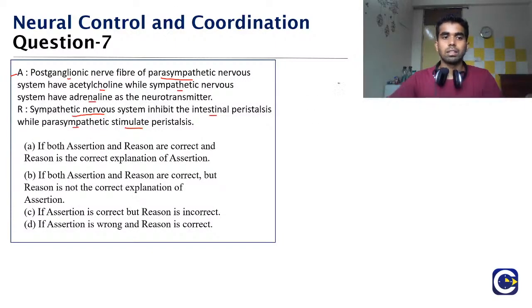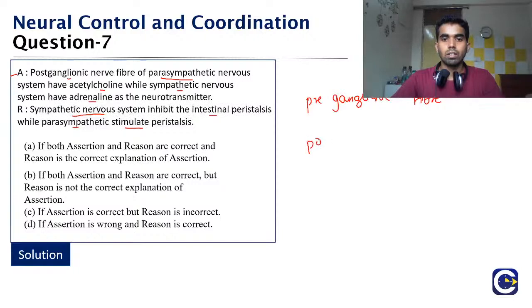So let us see. See, you need to know about two things, that is the preganglionic fiber and the postganglionic fiber. In the autonomic nervous system, we have two arms, and they are the sympathetic nervous system and the parasympathetic nervous system. And both of them have one preganglionic nerve fiber and the other postganglionic nerve fiber. So here it is the ganglion. So before the ganglion, it is the preganglionic nerve fiber, and after the ganglion, this is the